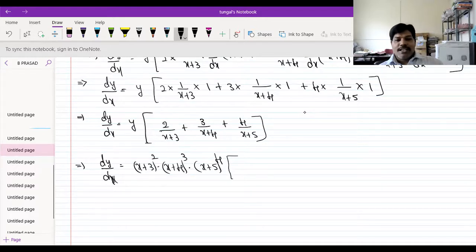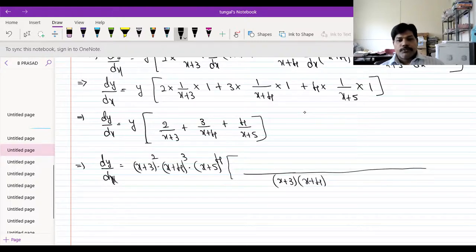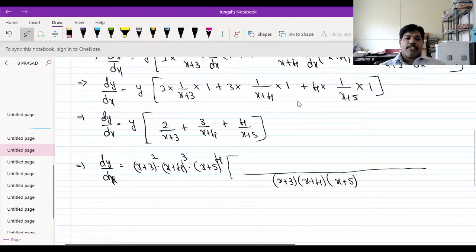into, so what is the LCM? You have to take that for this one. So the LCM, you can take x plus 3 into x plus 4 into x plus 5. If you take x plus 3, x plus 4, x plus 5 as the LCM, what will you get, students? You will get 2 into, the denominator is x plus 3, so you have to multiply with x plus 4 and x plus 5. So that is nothing but x plus 4 into x plus 5